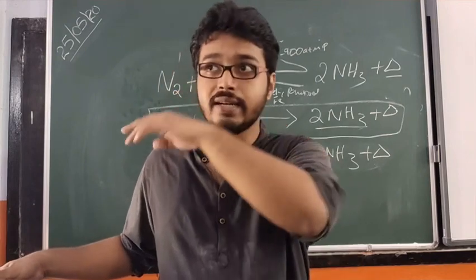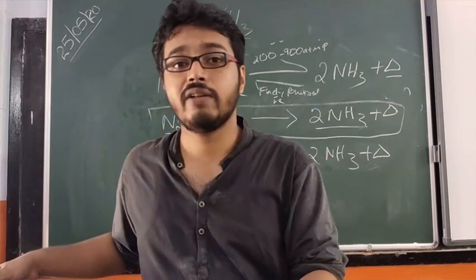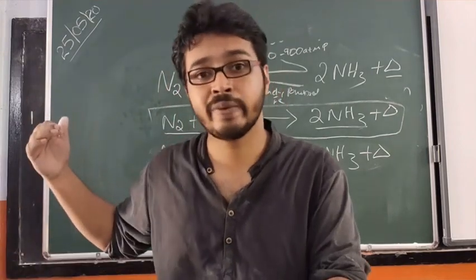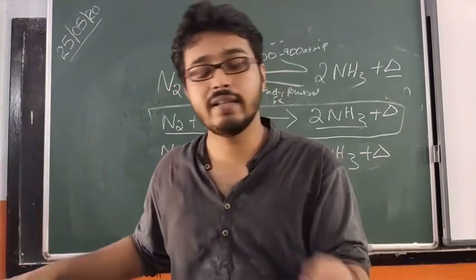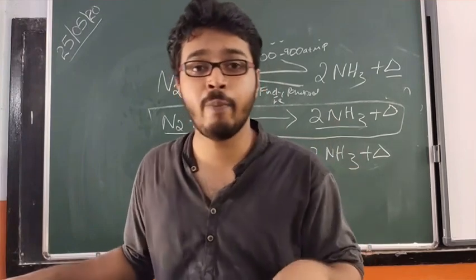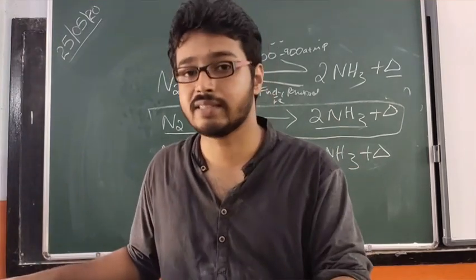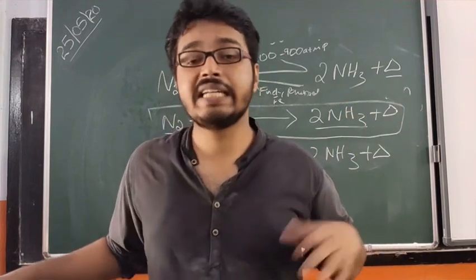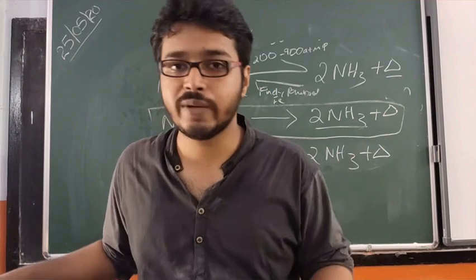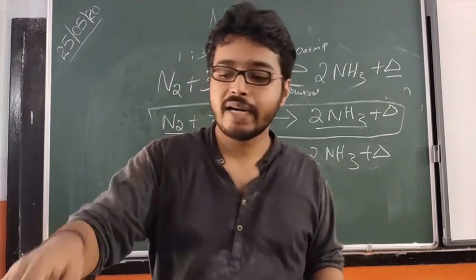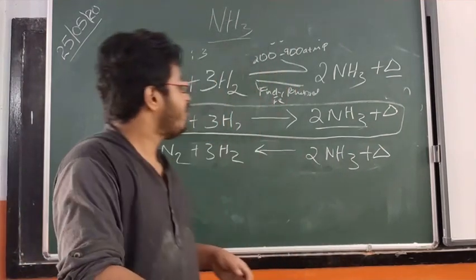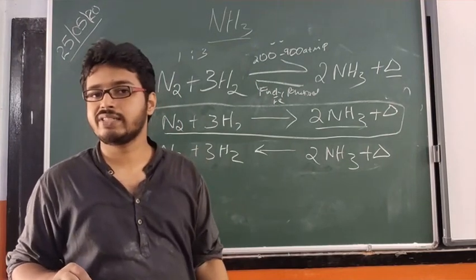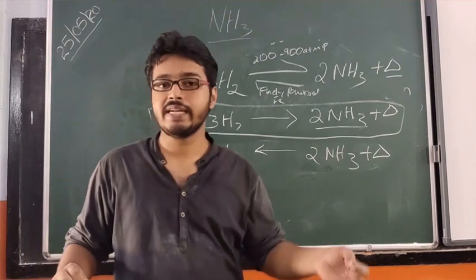I hope you remember the acid rain, the formation of NO and NO2 that happens when there is lightning. Another way is to heat the nitrogen above 3000 degrees Celsius, and the other way is to increase the pressure to around 200 to 900 atm. But the problem is, if we decrease the temperature below 450 degrees Celsius, the nitrogen will be inert.